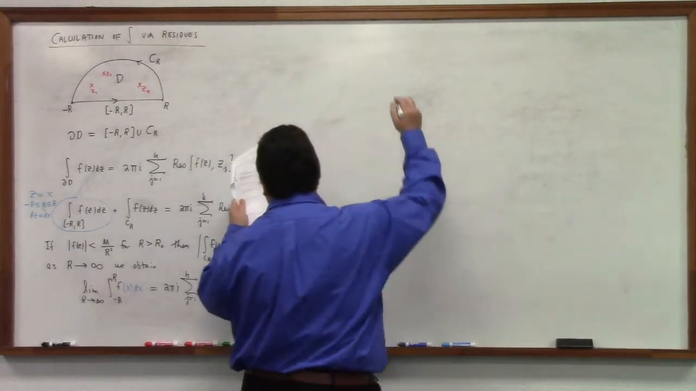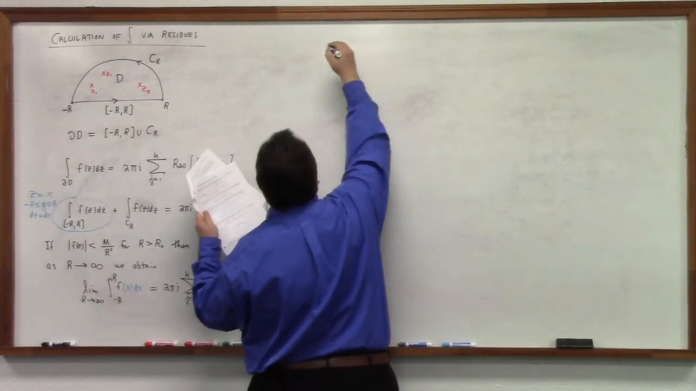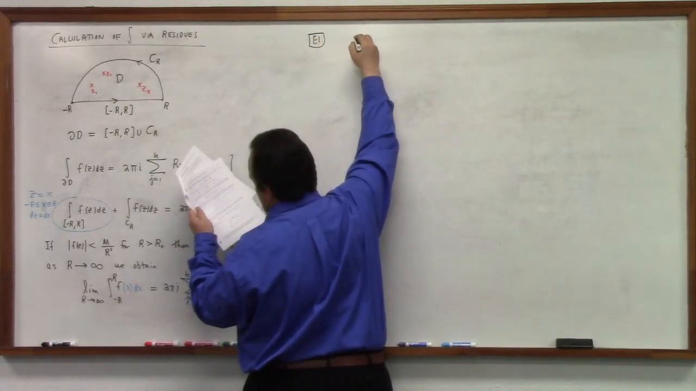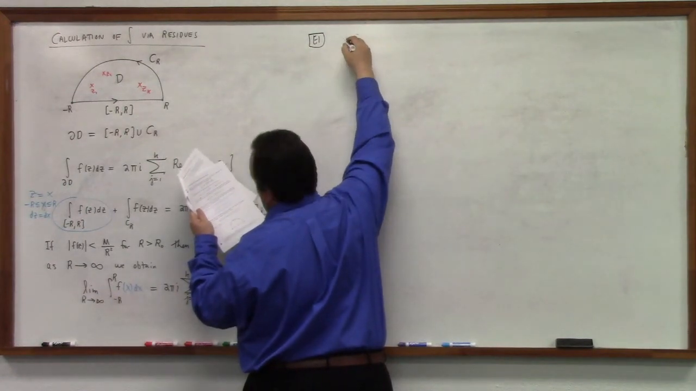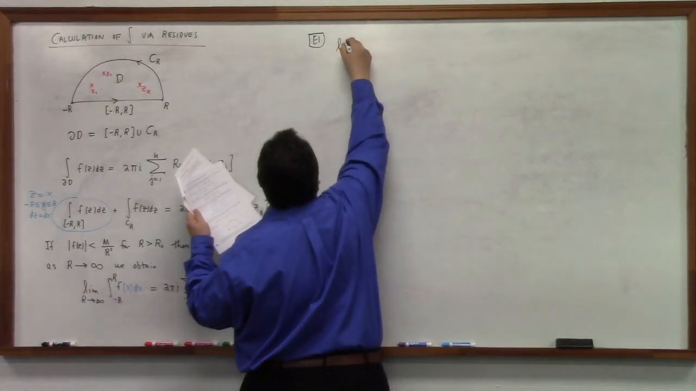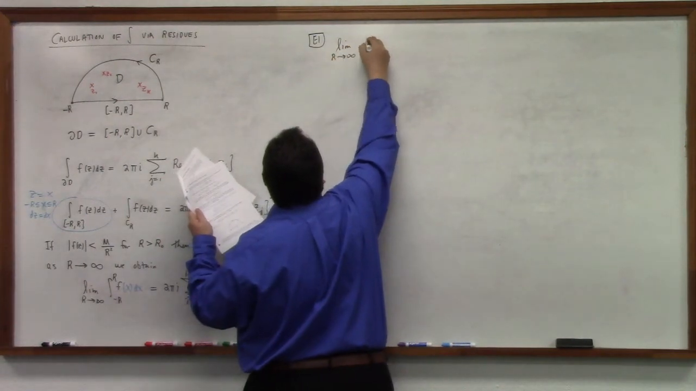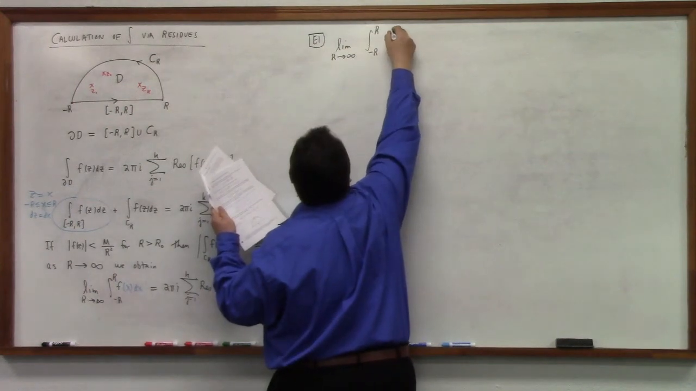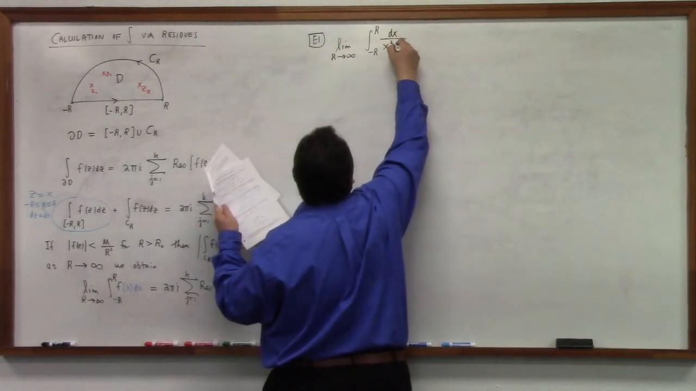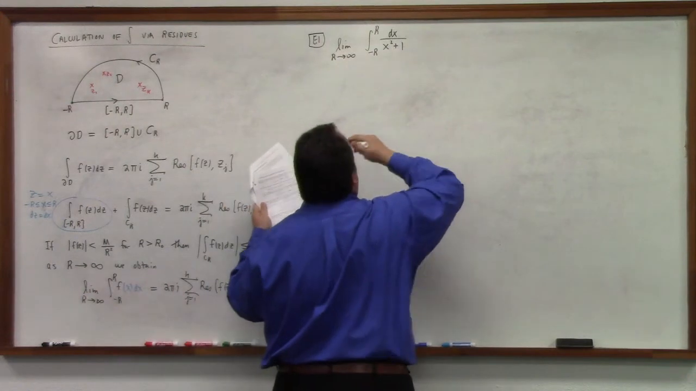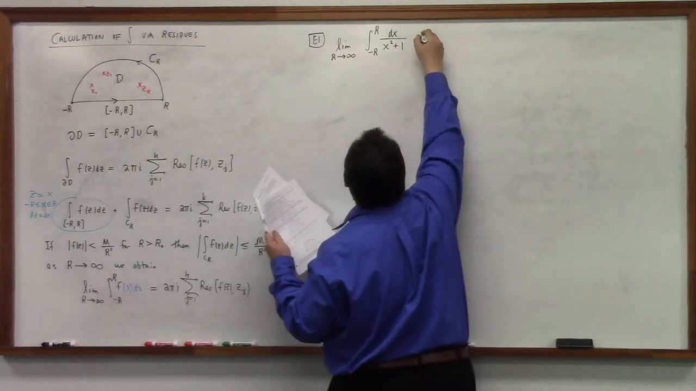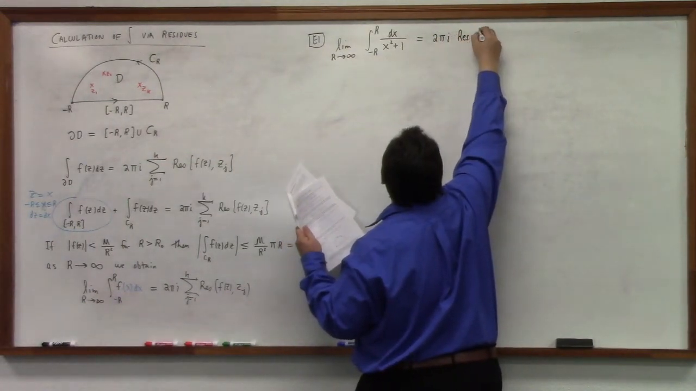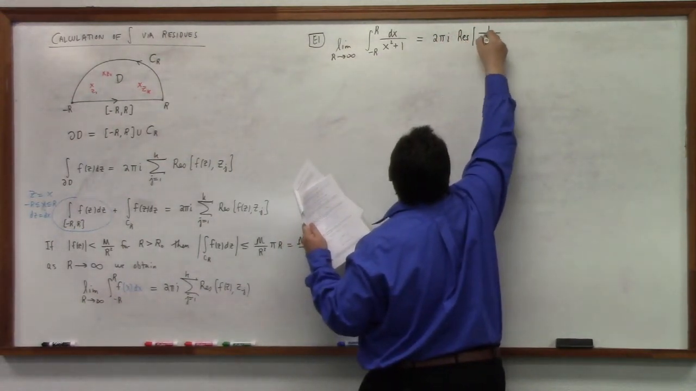Let's see here. So, an example. I'll start with an easy one, which we could do this calculation in Calc 2 just the same, right? Let's calculate the limit as r goes to infinity of the integral from minus r to r of dx over x squared plus 1. So this is going to be equal to 2 pi i times the residue of 1 over z squared plus 1,